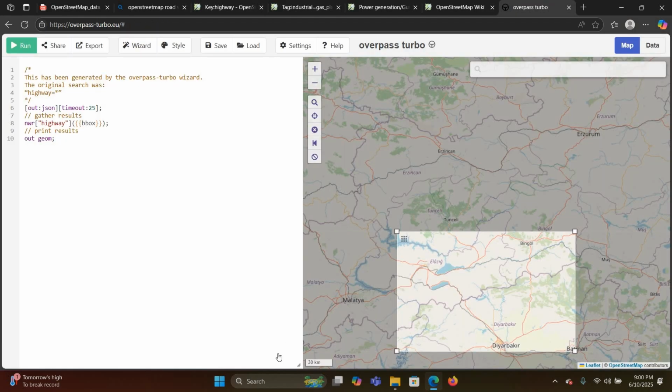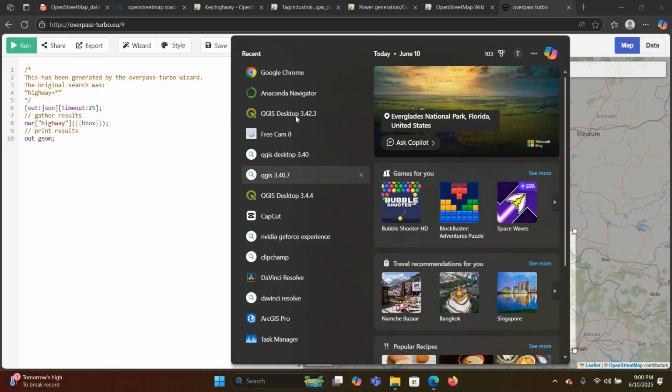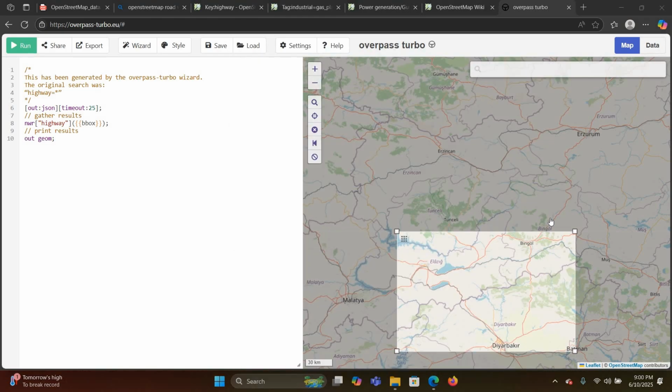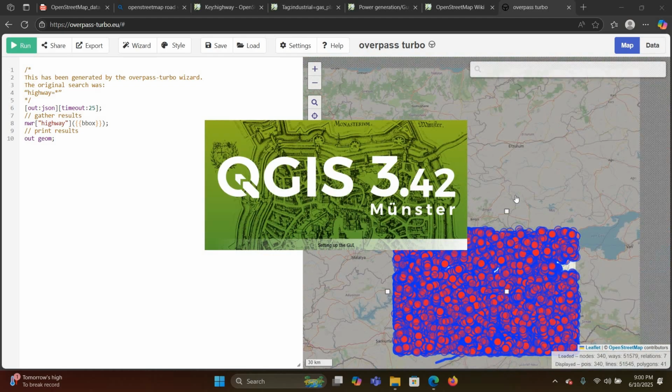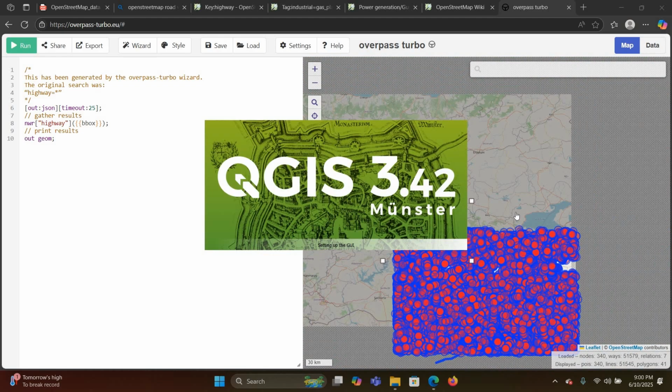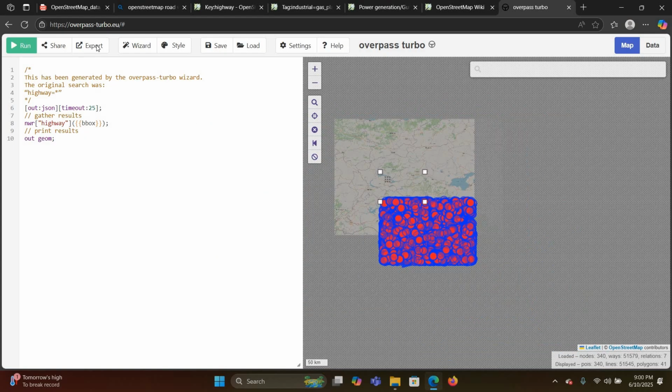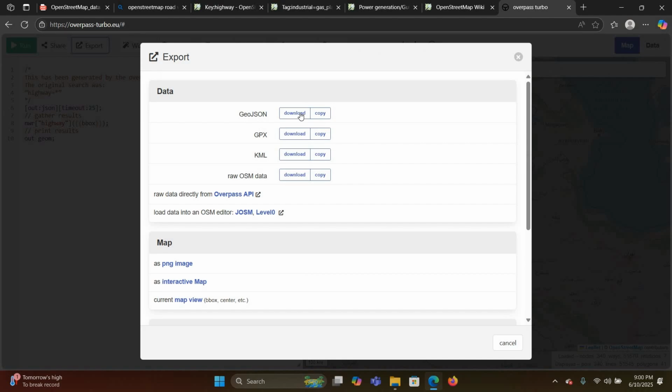And now I'll show you how to visualize it in QGIS 3.4.2, 4.2.3 that we have recently installed. It will take time to open, so I just click over there. Okay, these are the OpenStreetMap data we exported. So let me export it first. It will take a moment. I just want to show you in GeoJSON format at the moment because I have already checked the KML format. So these are some file formats. Let's wait for a minute. Till that time,